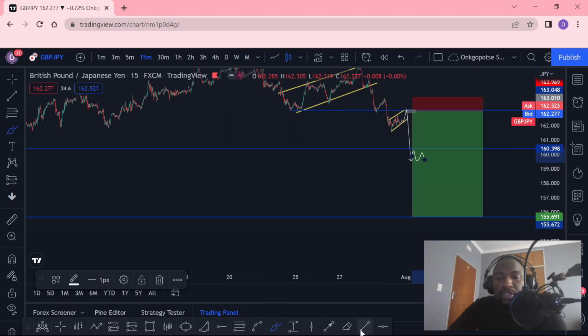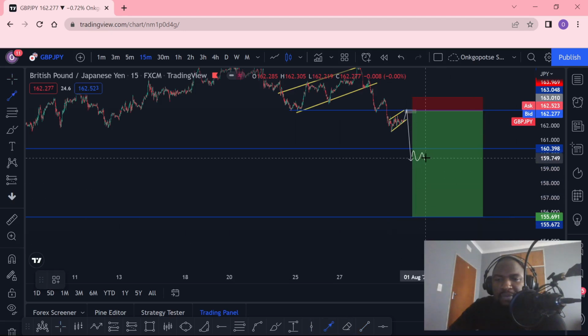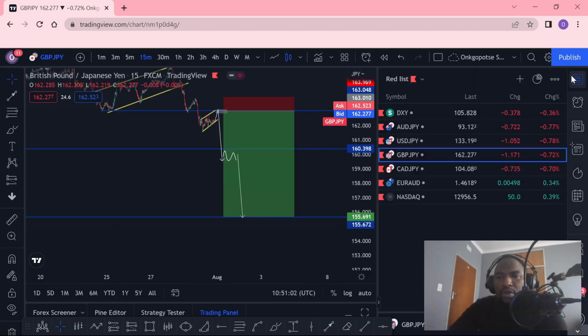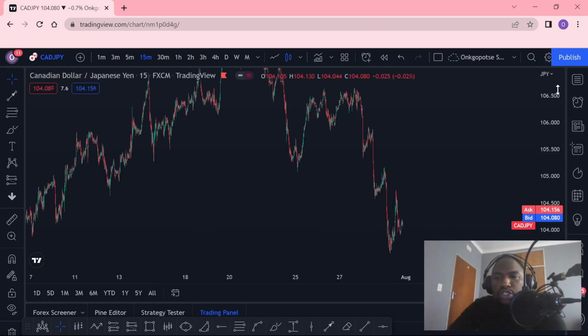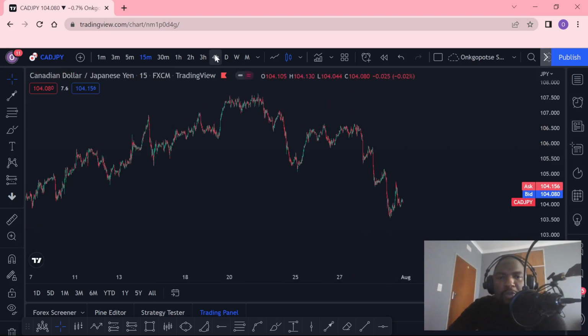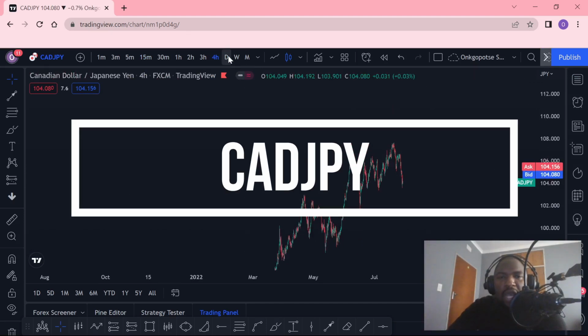So this is going to be one of those pairs that are looking so beautiful to enter and capitalize from them. So basically this is our GJ, right? So now let us move to Cadjpy. Cadjpy, it's also looking beautiful and committed towards structure, because right now if you carefully look into how price has been handling itself towards these valued areas,